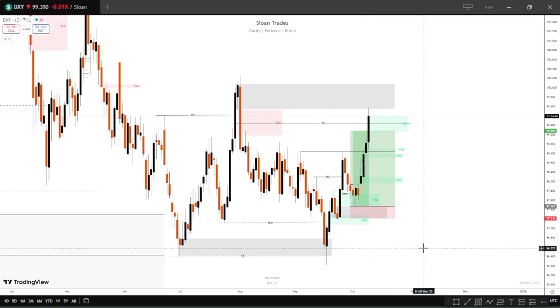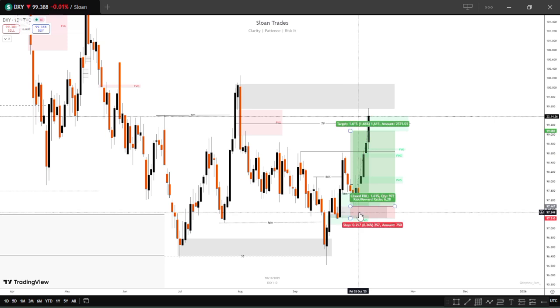Okay, so from this point I didn't actually take an entry from here because I was trying to observe, to wait a bit to see what the market will do, and then this was what the market gave me, and then a continuation to the upside. So going down to the 4-hour time frame,